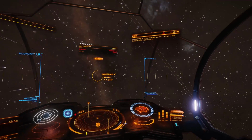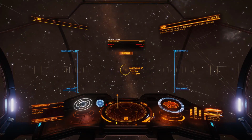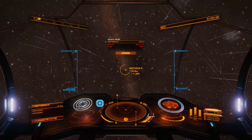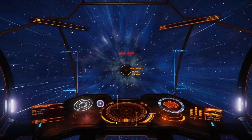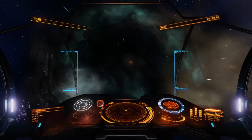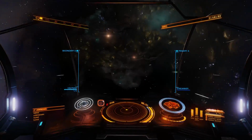Just curious, how many of you watching this have actually seen Sagittarius A before? I mean, even if you've never flown there yourself in the game, there are certainly going to be plenty of YouTube videos up, and right now there's one more. But here it comes. This is the last leg. Complete this jump, and that's another one ticked off the bucket list. Any second now, ladies and gentlemen, boys and girls,